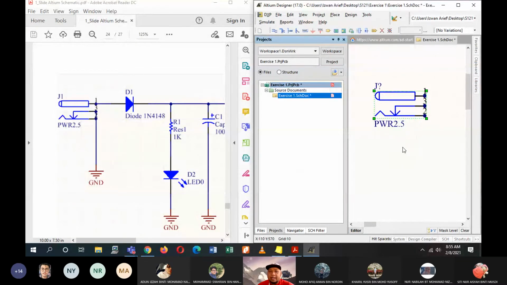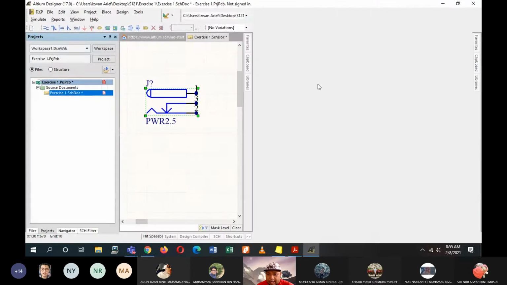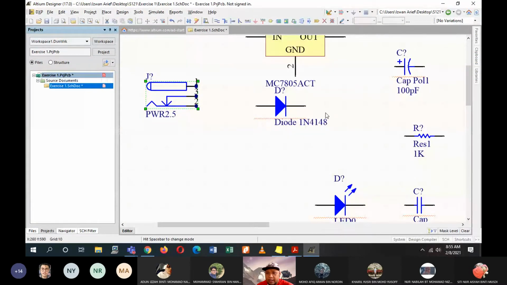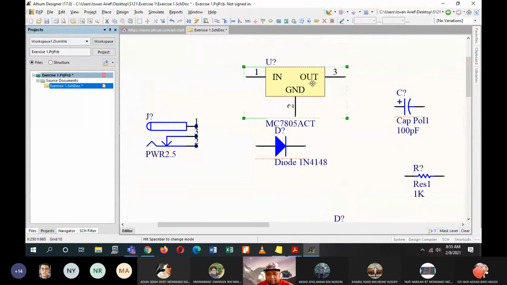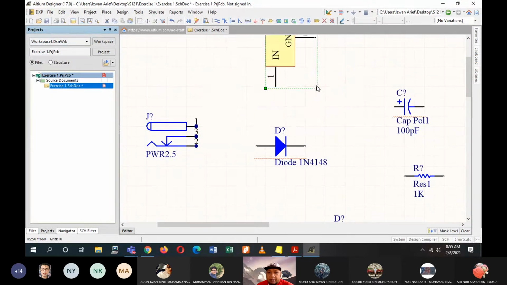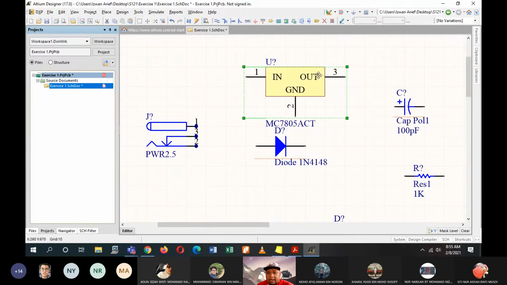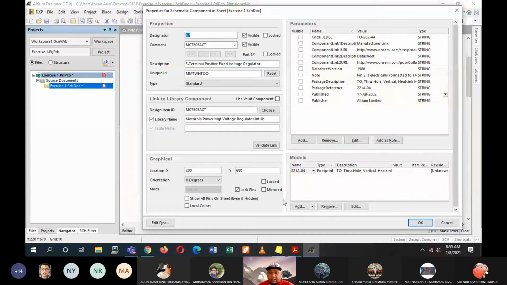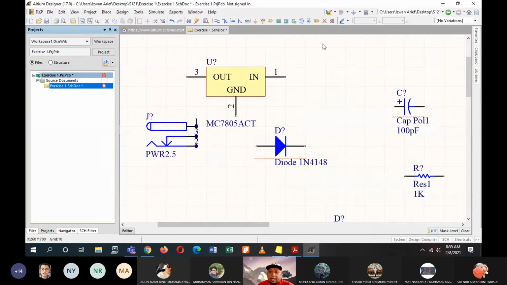So that is the way you do it. Any components you can do this, and you may rotate them. Now in is here, out is here. If I want to change the direction, click on the component and then click on mirrored. Then out will be here, in will be here. The arrangement is up to you, because you are the one designing it.